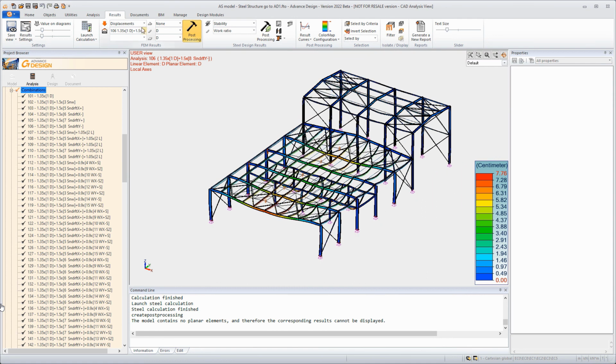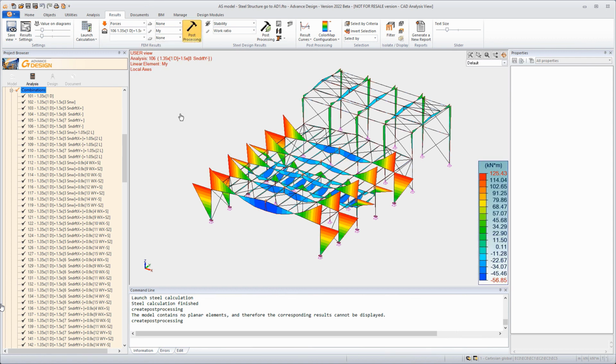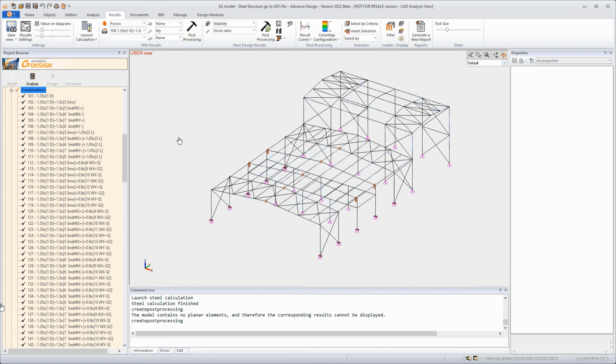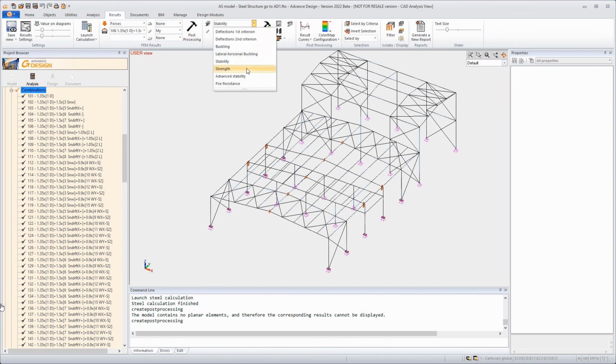So once the calculation is done, for sure all analysis results are visible, either graphically, you can see the bending moment, displacement, we can see internal forces, torsors graphically.